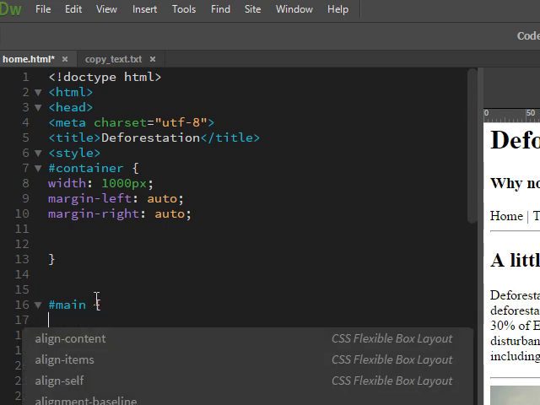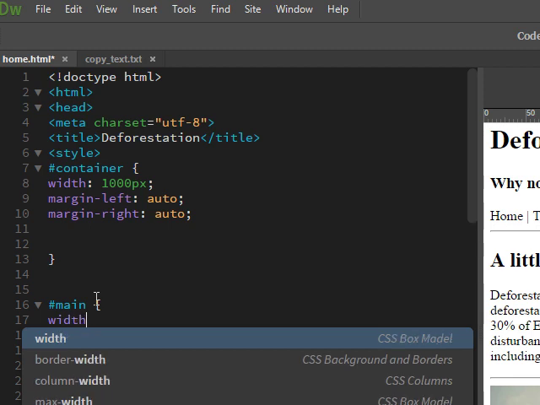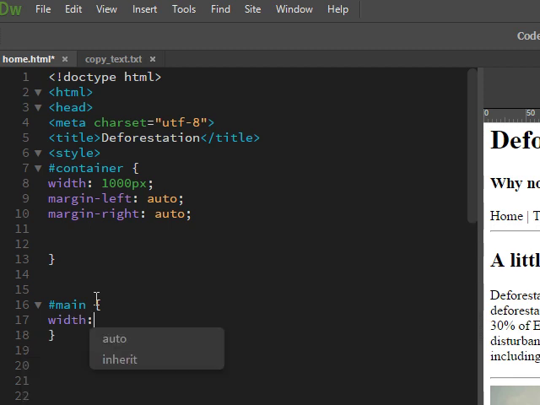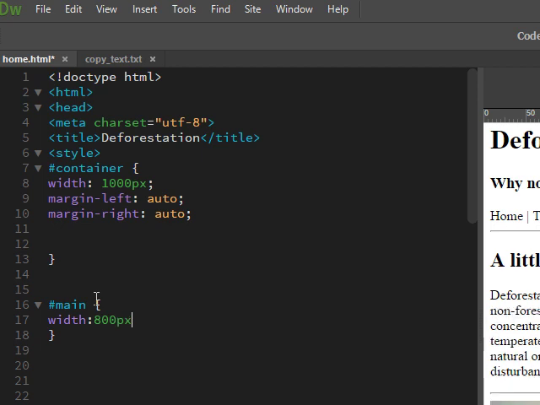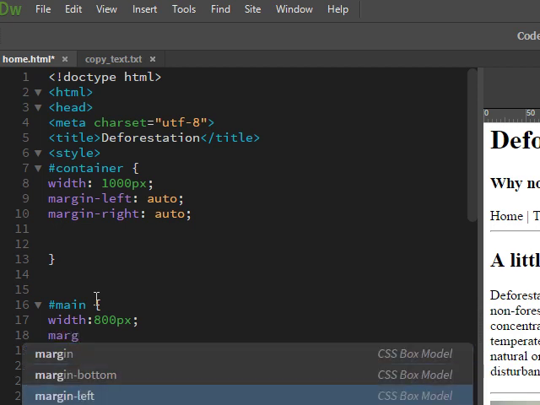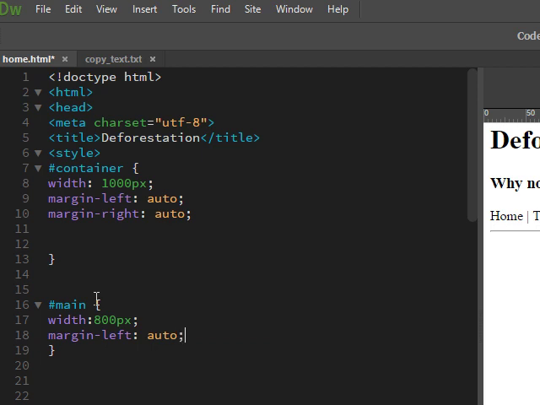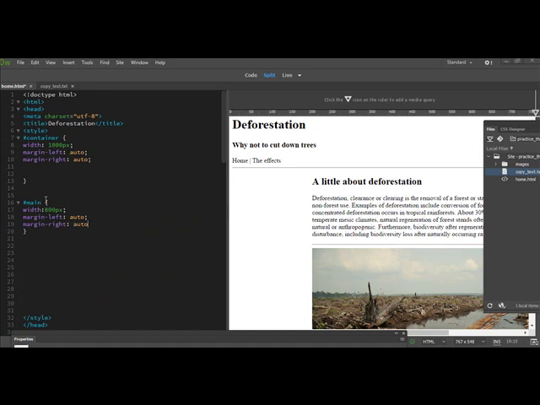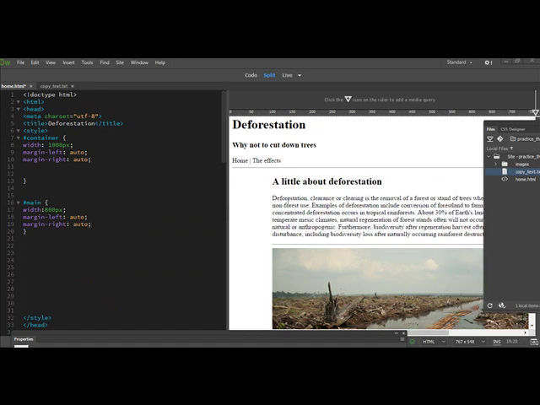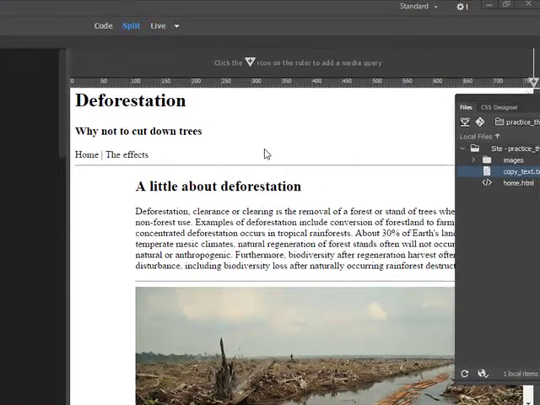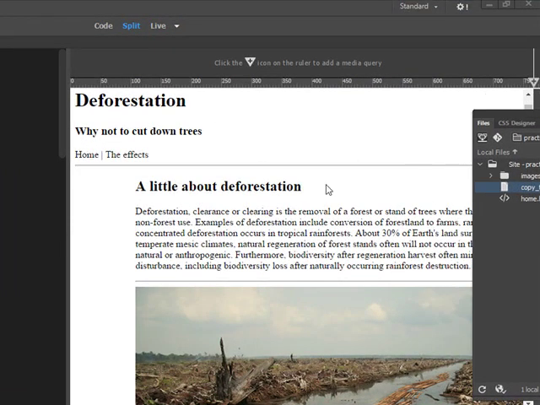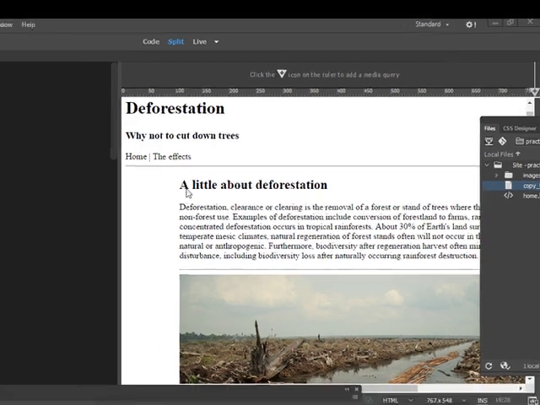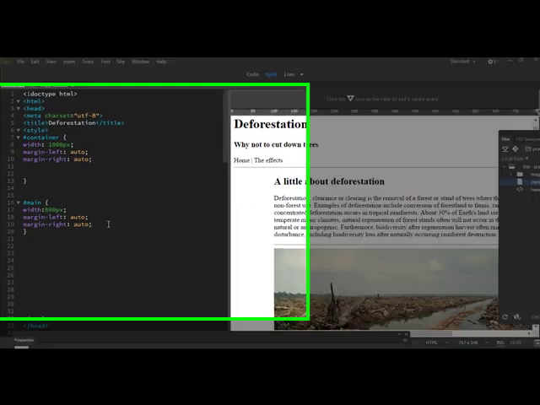And I'm going to do the same thing, but I'm going to make the width a little bit smaller, say 800 pixels. And I'm going to give this another margin left, auto, margin right, auto. Okay, so that just kind of nudged it in. So see, even you can see right here, I want to do a few more things before we preview it again. That looks a little bit better. Okay. Now let's give